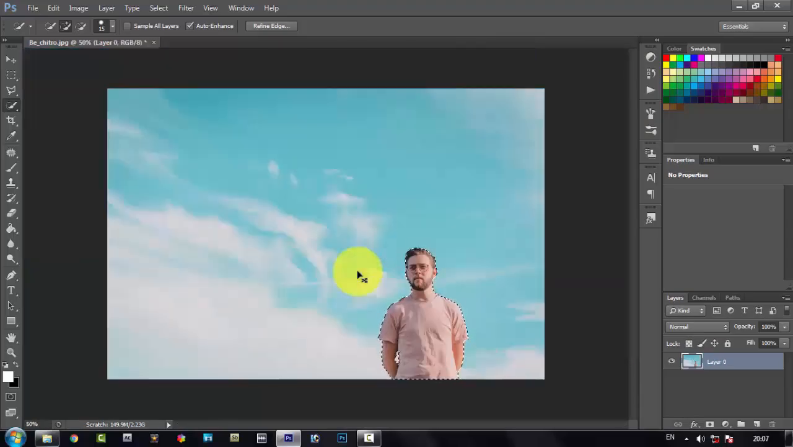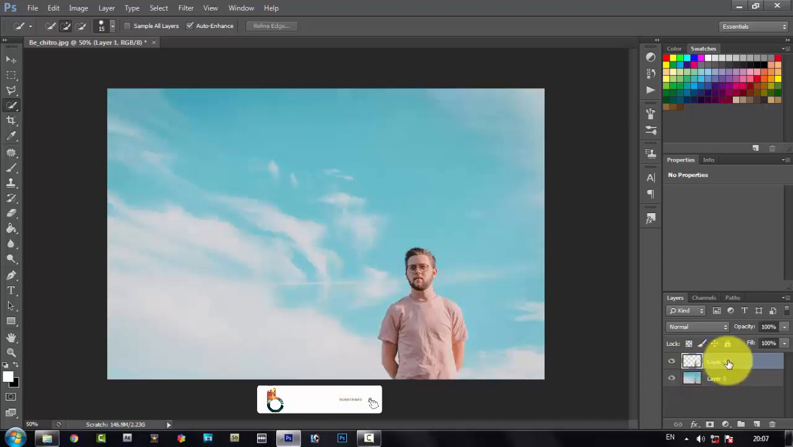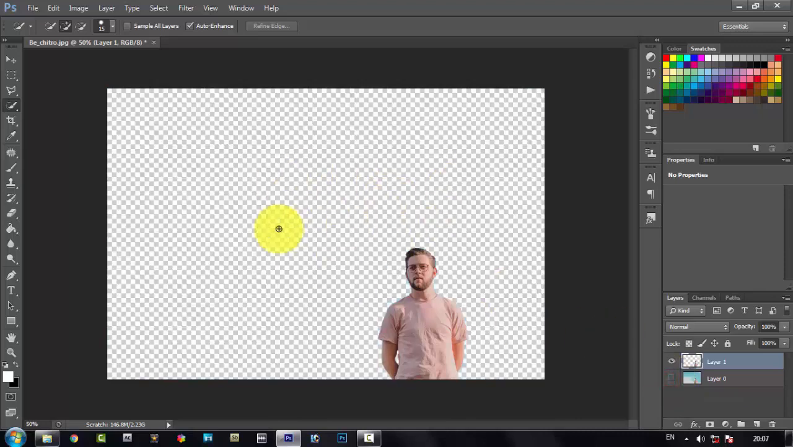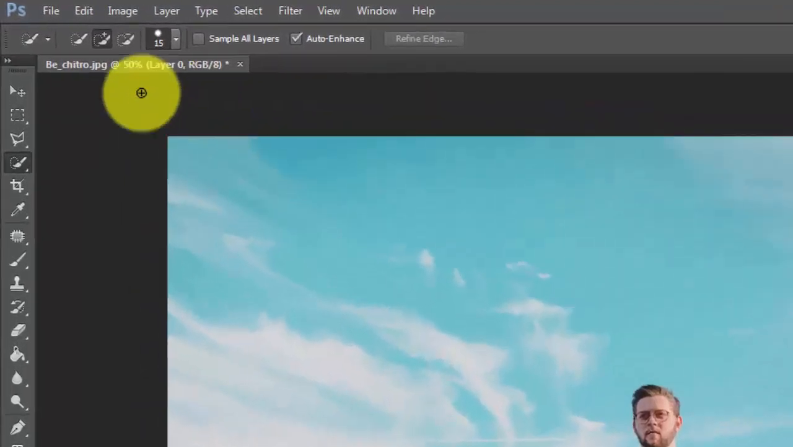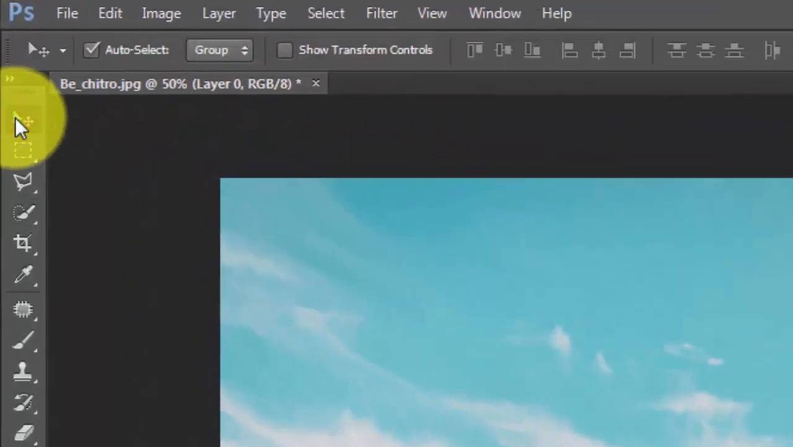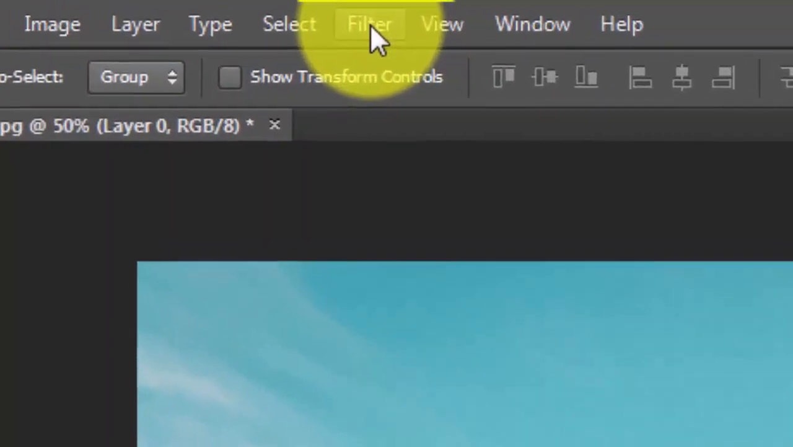So now what you have to do, you have to just press Ctrl J and you can see that a new layer has formed along with your object and transparent background. So now you have to select your background layer, then select your move tool and now go to your filter,